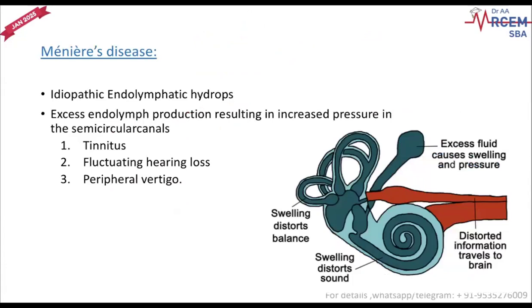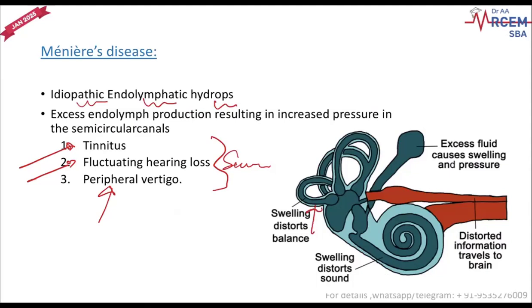Meniere's disease classically presents with a triad of tinnitus, that is a ringing sensation, with fluctuating hearing loss. Most of the time it is a sensorineural hearing loss along with a spinning sensation, that is a peripheral vertigo. What happens here? Idiopathic endolymphatic hydrops. That means inside this